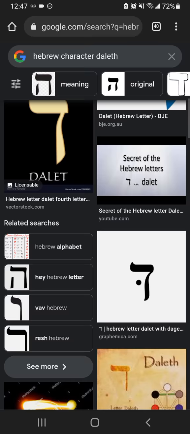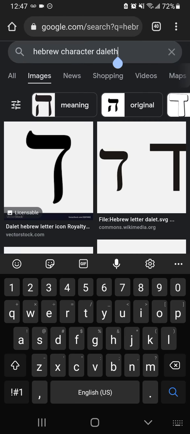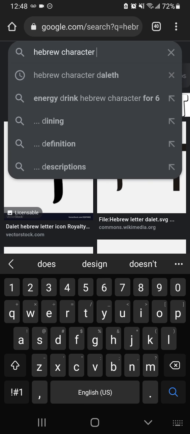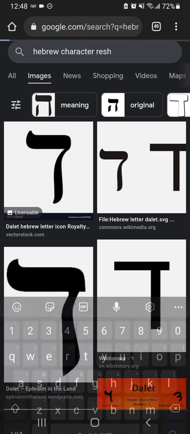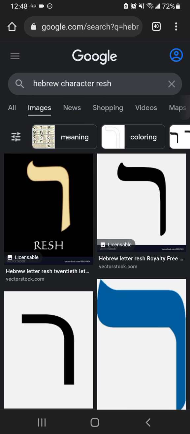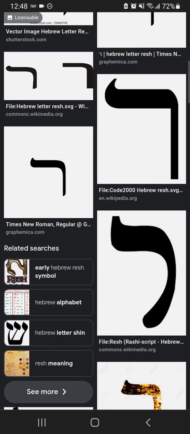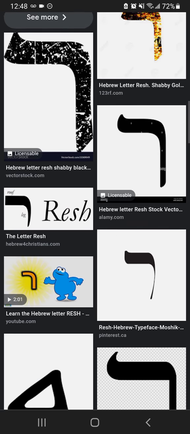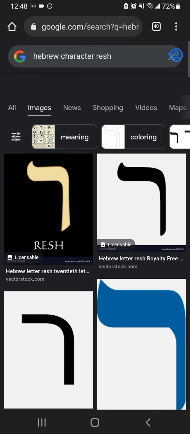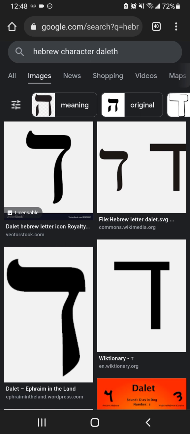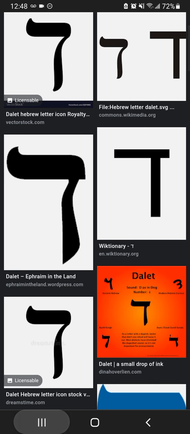And some of these might look a little different, but I do want to make this point. Some of these characters might look the same. I'm going to just do this real quick because this character might look like this, but understand there's a slight difference at the top right hand corner in how you write it if you were jotting it down or writing it. So don't mix up these two, along with other characters that might look the same, like the hay and the tau and the hate. But we'll get into that later. Here's the Dalet. This is the modern script again.